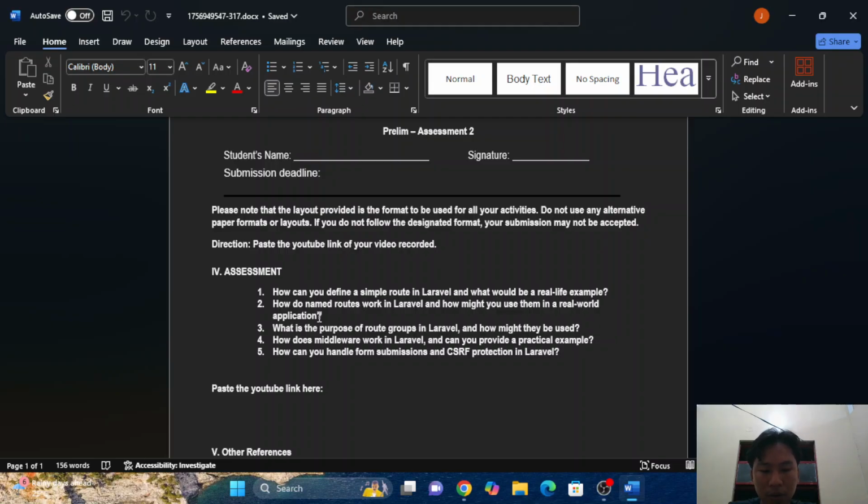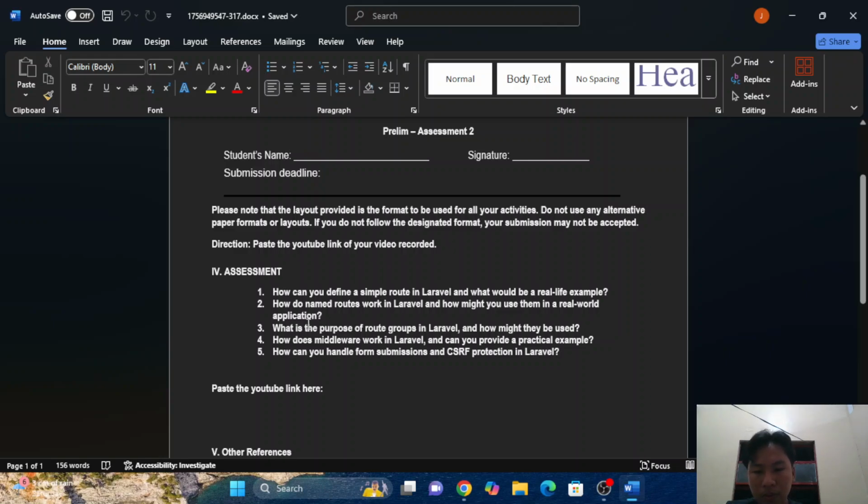Instead of hard-coding URLs, you can use the route's name, which provides flexibility and maintainability. In a real-world application, you might use named routes to generate URLs in Blade templates, redirect users after form submissions, and manage URLs with parameters, ensuring centralized route management and easier updates.